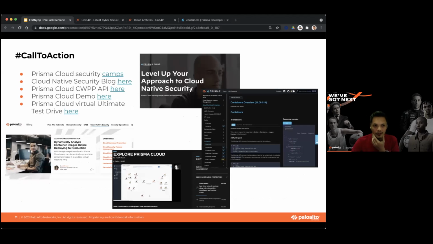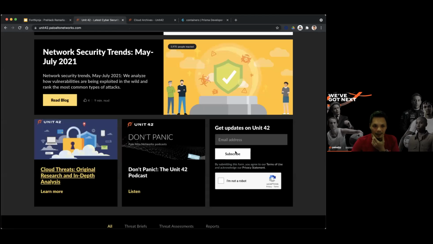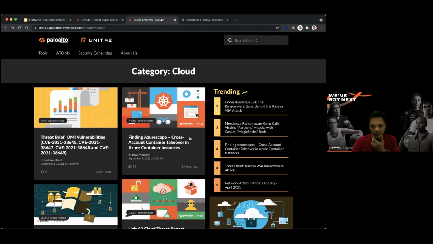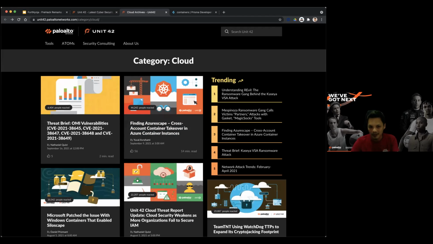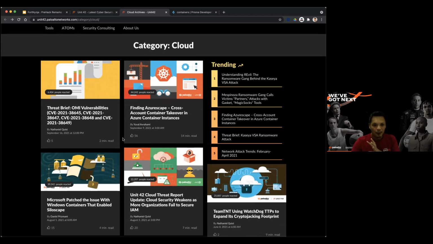Just very quickly, some of the things we looked at were around our Unit 42. This is an amazing amount of research for you developers to really think about cybersecurity and some of the issues around cloud. I can imagine a lot of your applications will go cloud and you'll start to use it. No pun intended, no disrespect to some of the partners here, but one of the more recent ones, and this was a big one we found, thankfully Microsoft and us worked together. They've actually closed off the vulnerability.